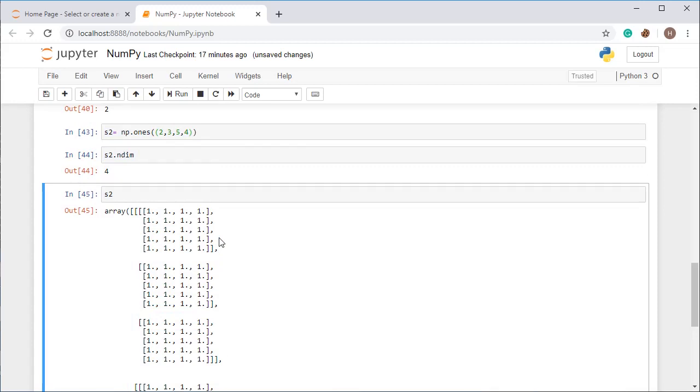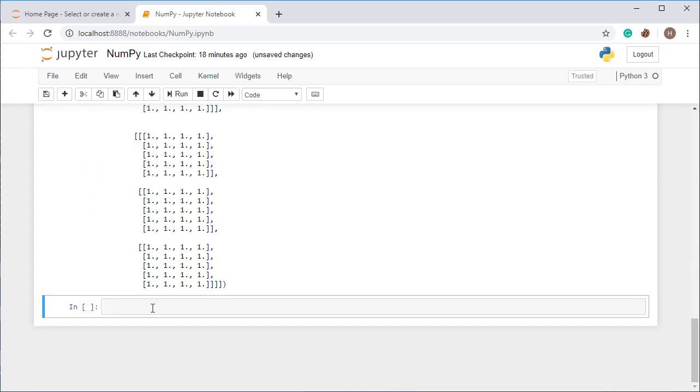Alright, so we can create an ndarray with the help of NumPy, and we can also perform all the operations. So first of all, let's understand how to transform all these things. Before that, we are going to look at how to write the command and how not to write it.